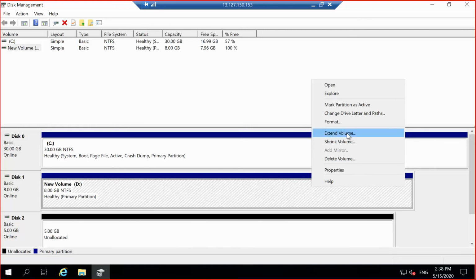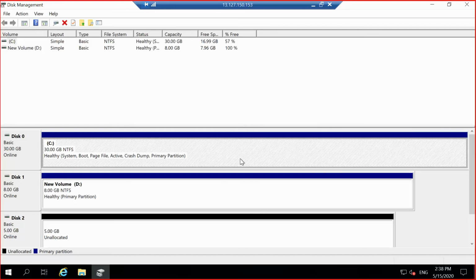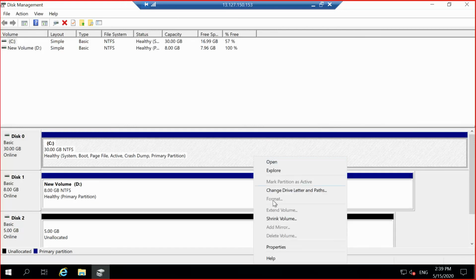Your wish. Do you want to extend the previous volumes? Yes, you can extend your previous drives.